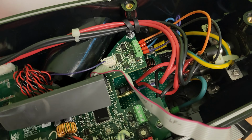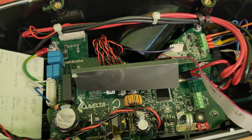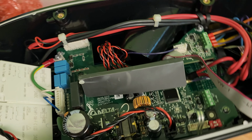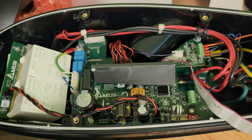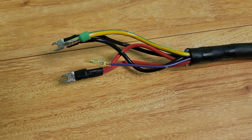There is a crap ton of stuff in here. And of course, the power one is down here underneath everything. So I got a little bit of dismantling to do here, unfortunately. So after a little bit of gentle persuasion, I was able to get this out, and we got some extra